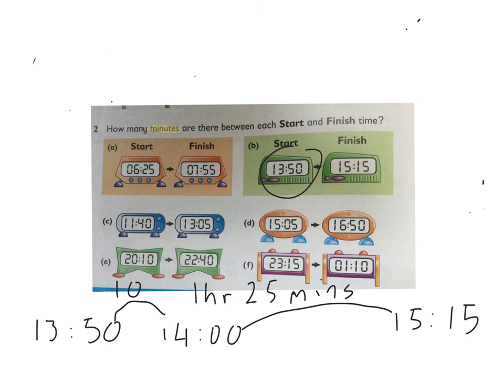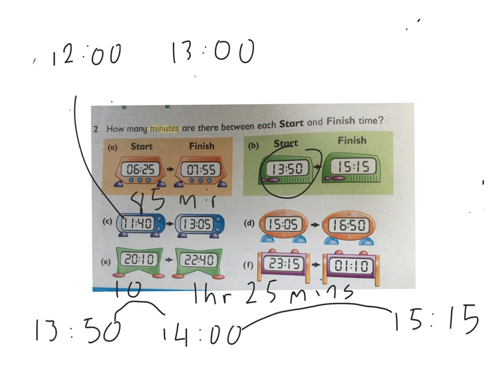Okay, so see, 11:40 to 13:05. So 11:40, if I add on 20 minutes, that'll bring me to 12 o'clock. Then add on an hour, that will bring me to 1300 hours. Then add on the 5, so 1 hour and 25 minutes in total, which is 85 minutes. Okay, the next one,